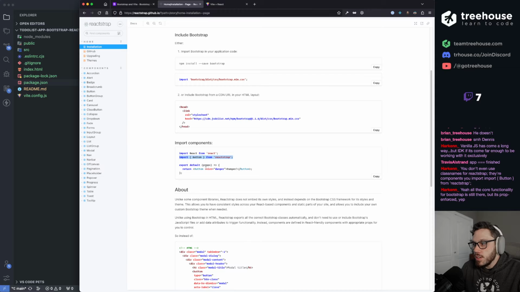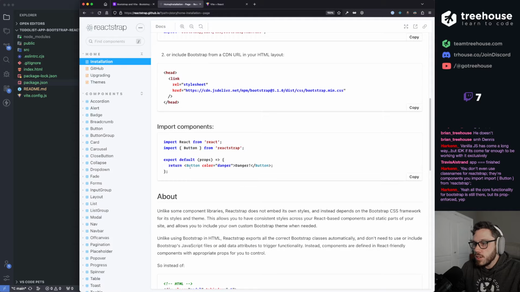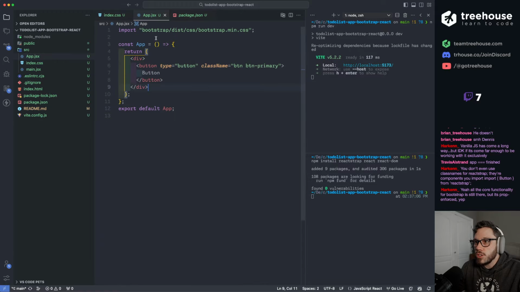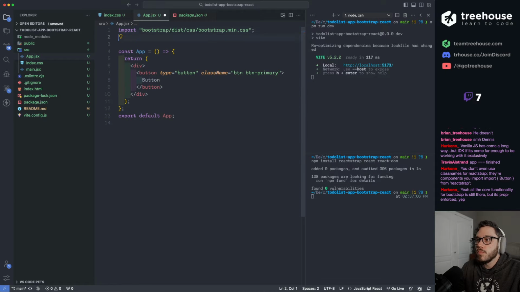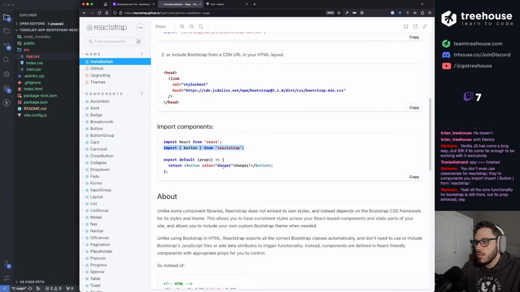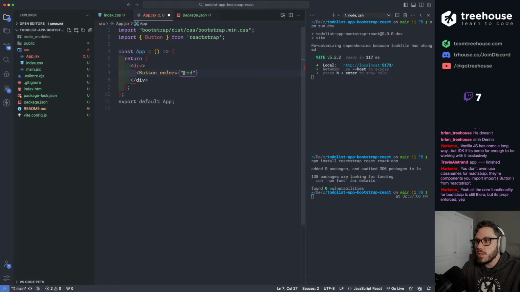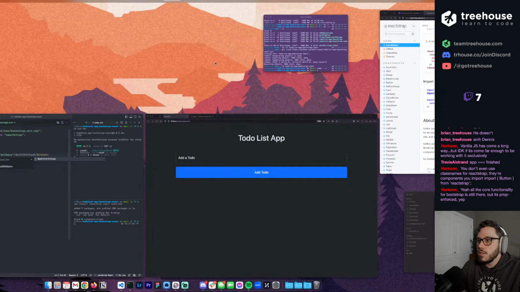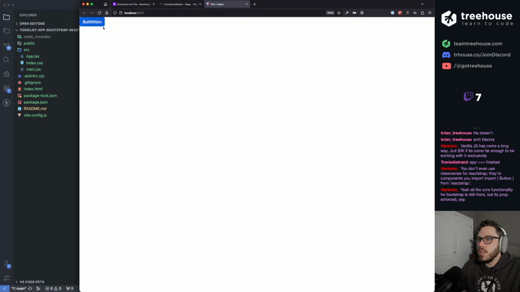Okay, I see what you're saying. So yeah, let me make this a little bit bigger. You can just add these props. Cool. Yeah, let's see if we can recreate this button using Reactstrap. Is that how you do it? Color equals danger. Oh yes, duh. We still have to use the... let's do primary. Button. See if that even works. It does. That's really neat.